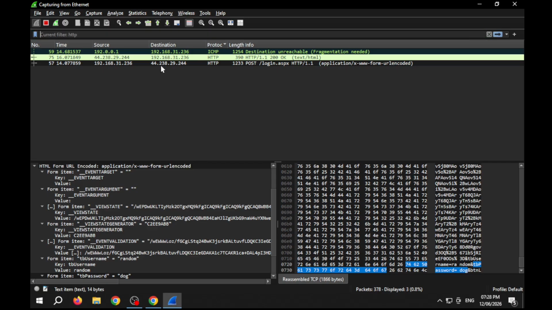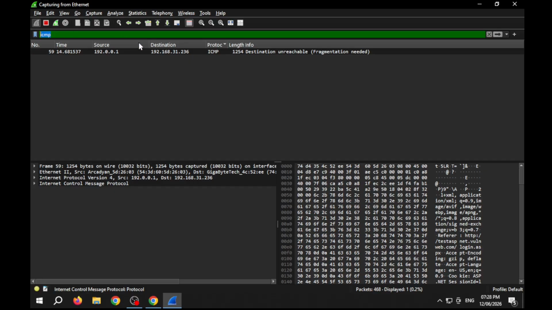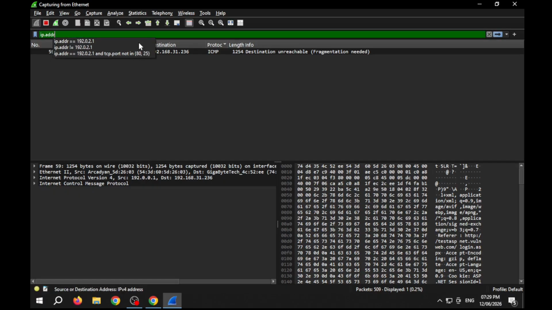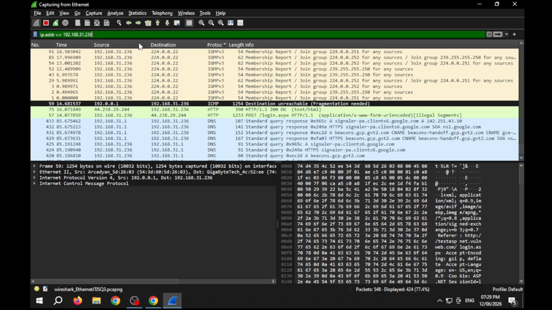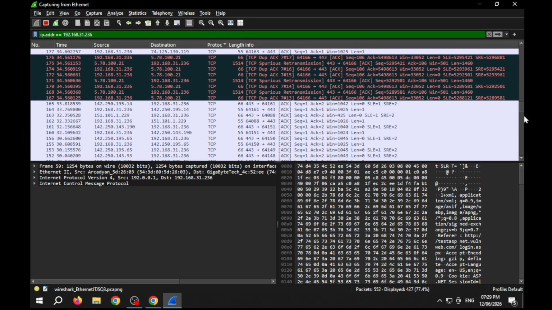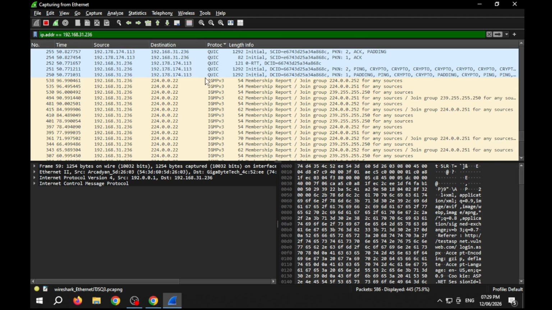Now let me try a different protocol. I will type ICMP. It is the protocol for sending ping packets to a site, and you can see it has sent the ping packet, but it is not that beneficial to us at this moment. But if you want to search for a specific IP address in the packets, you can type ip.addr equal to and the IP address you provide. Here you can see it is my machine's IP address, and it is sending all the packets to the network. This lists all the packets that contain this IP address.